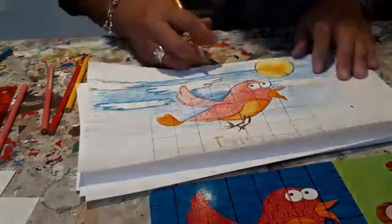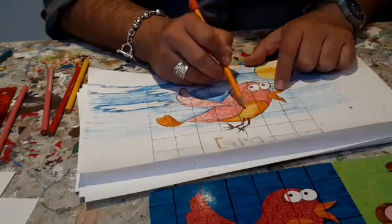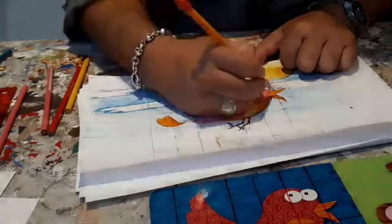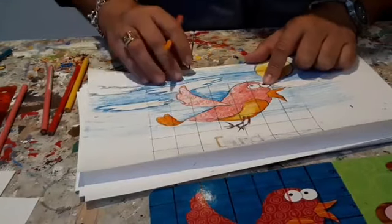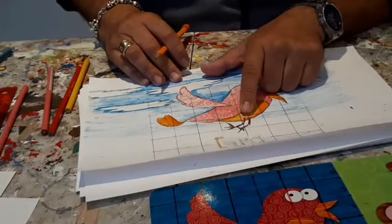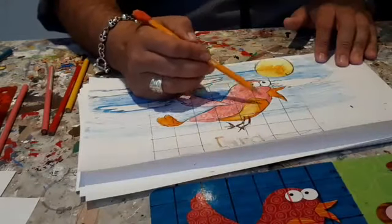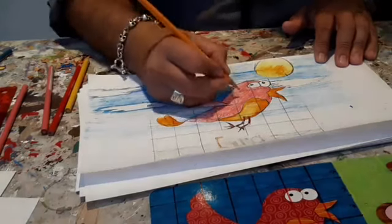By no means is this a real representation of a bird. This is a great example because everything is shapes. It's almost like geometric shapes, but they kind of simplify. They're almost circles. This is almost like a circle. This is almost like a triangle, and that's one thing that you can